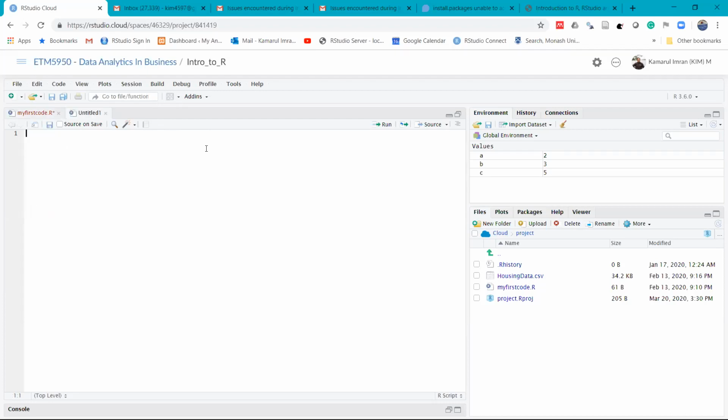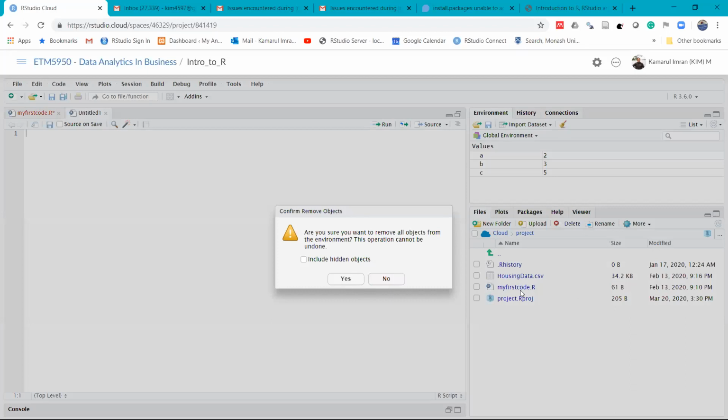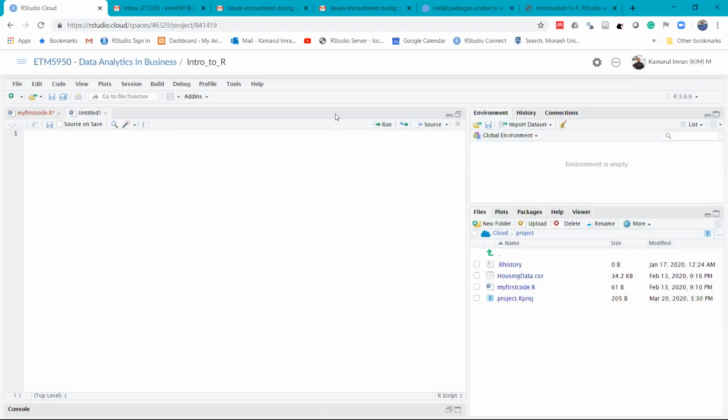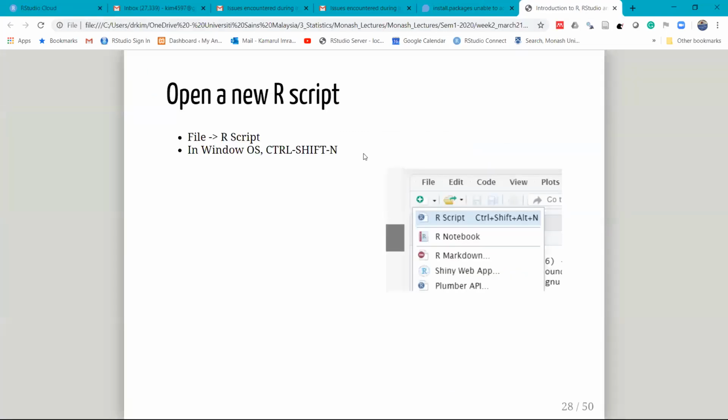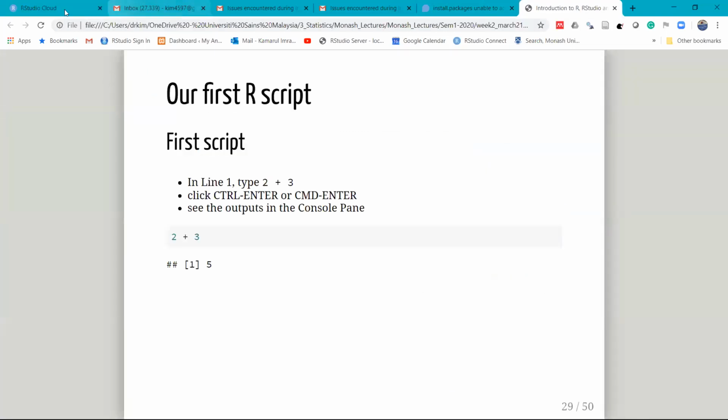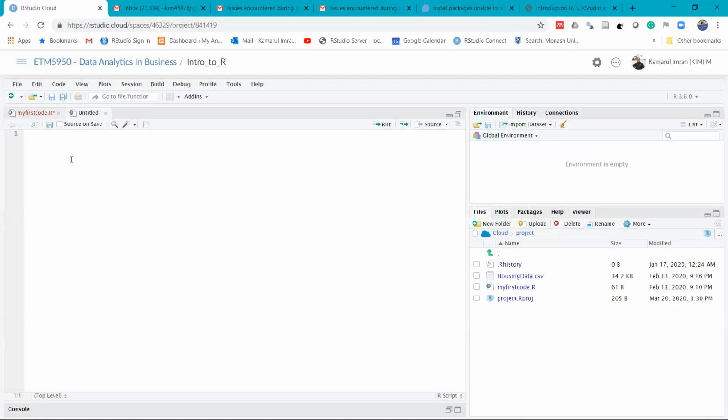So I guess this is what you are seeing now. Nothing, it's totally blank. And what I want you to do is to type 1 plus 2, right? 1 plus 2. And then you can either press run here,